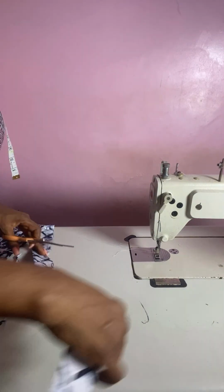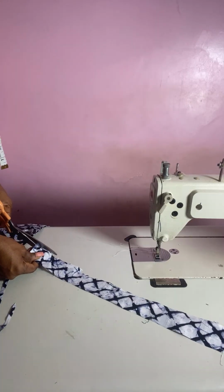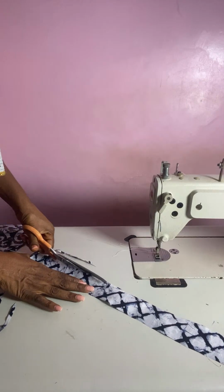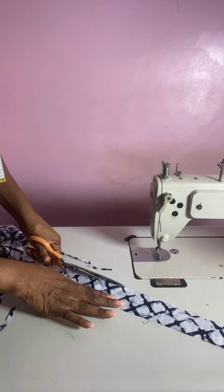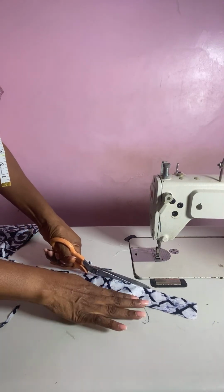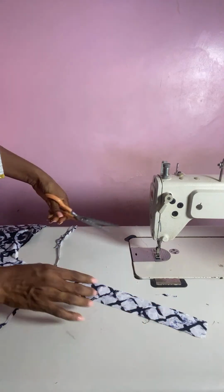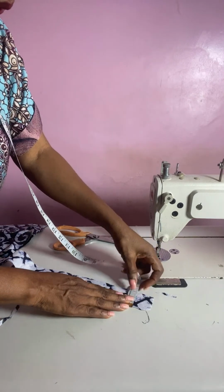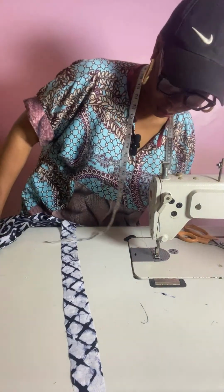So I've ironed it. I just want to give it the final trimming before we start. Most times when I'm doing piping, I usually don't want my fabric to be too small, because when it is too small, that's where the whole wahala is. You will struggle and struggle and struggle with it. I don't like it. What I have here is 1.5 inches. Most times I normally even prefer 2 inches, because